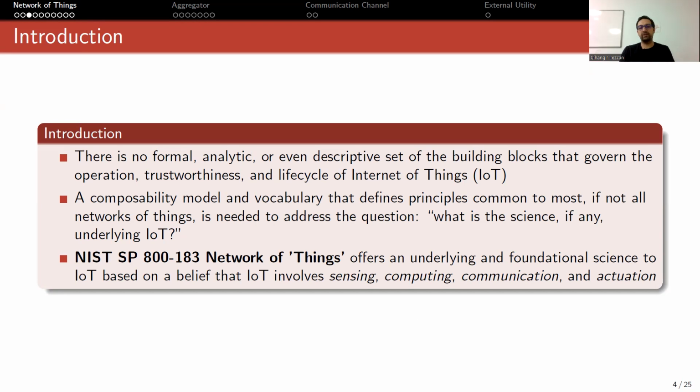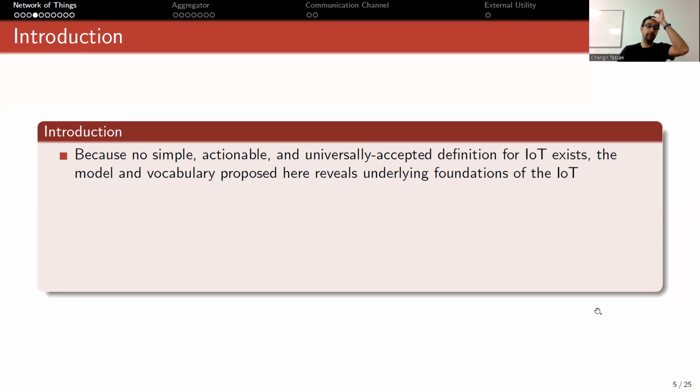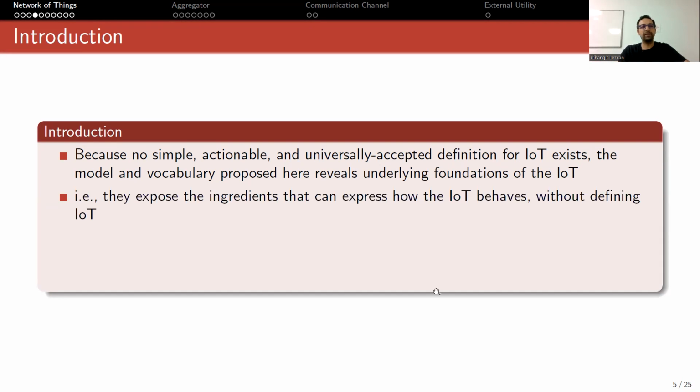NIST Special Publication Network of Things offers an underlying and foundational science to IoT based on a belief that IoT involves sensing, computing, communication, and actuation. Because no simple, actionable, and universally accepted definition for IoT exists, the model and vocabulary proposed here reveals underlying foundations of the IoT. By here, of course, I'm referring to the NIST documentation. In other words, they expose the ingredients that can express how the IoT behaves without defining IoT. This offers insights into issues specific to